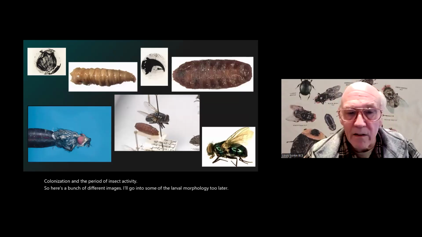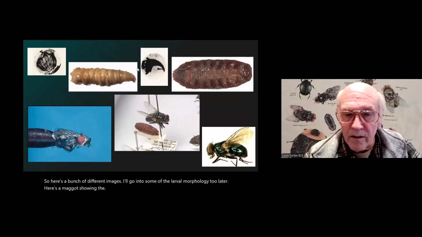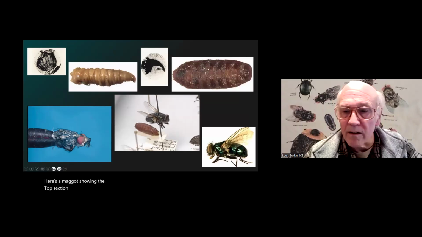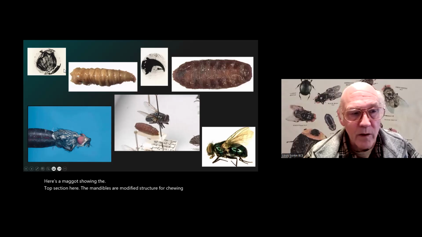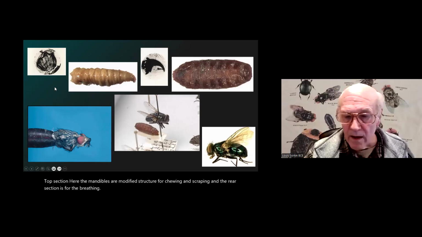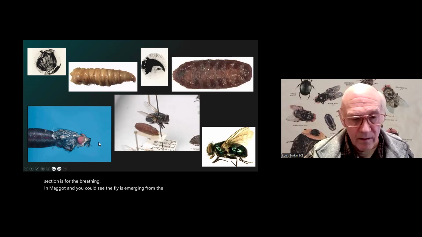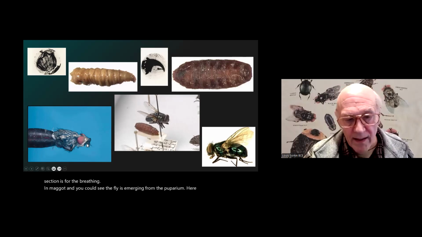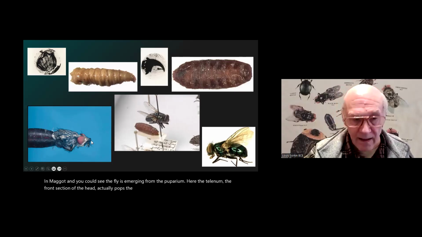Here's a maggot showing the top section here, the mandibles, their modified structure for chewing and scraping, and the rear section is for the breathing in the maggot. And you can see the fly is emerging from the puparium here. The ptilinum, the front section of the head, actually pops the cover out, and that's why it's expanded in that